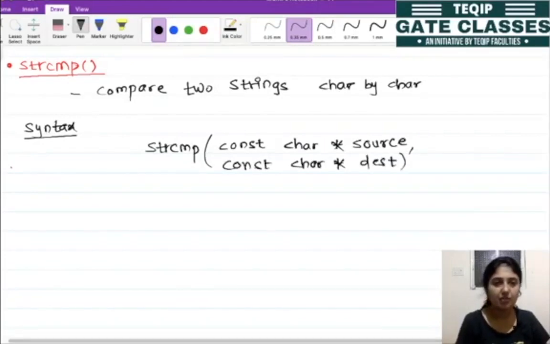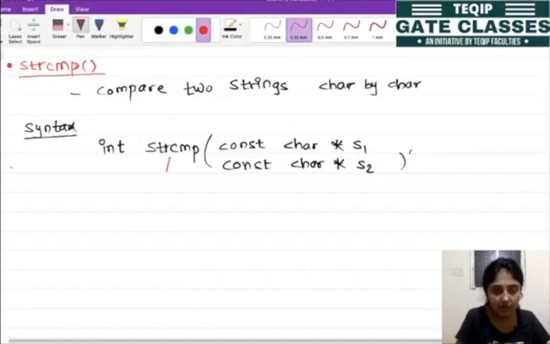Or instead of source and destination, we can simply say the first string and the second string. The return type of this strcmp function is integer. So this is our function name, right?